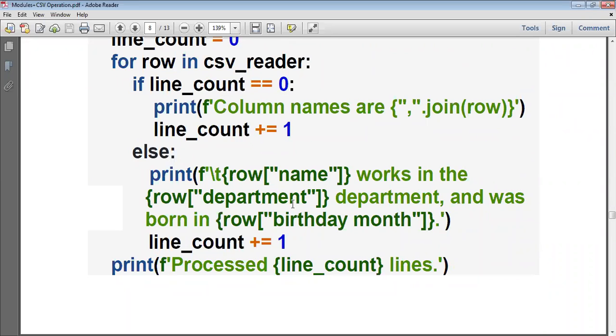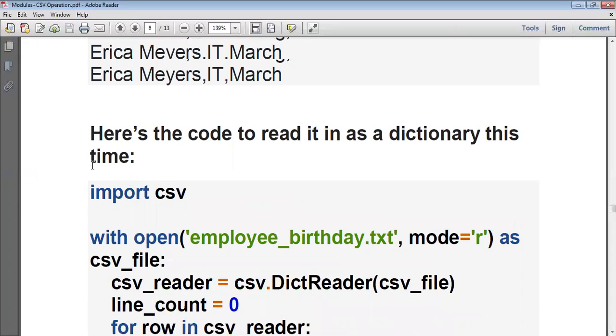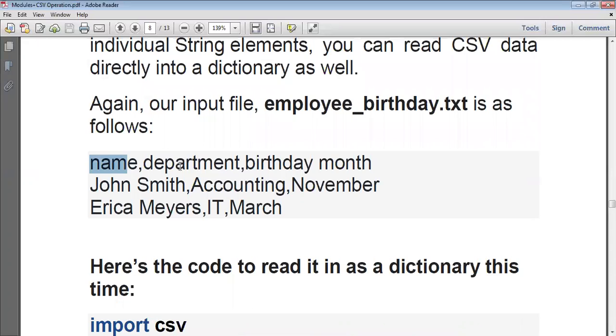Here, how is the data displayed? Look at this. In the previous example, I used row of 0, that is, I mentioned the position, right? Here I have read it in the form of a dictionary. So how do you access the value in the dictionary? By using the key. Here keys are nothing but column names: name, department, and birthday month.